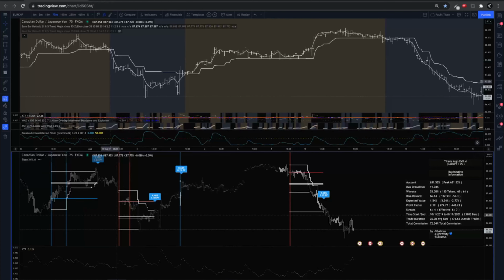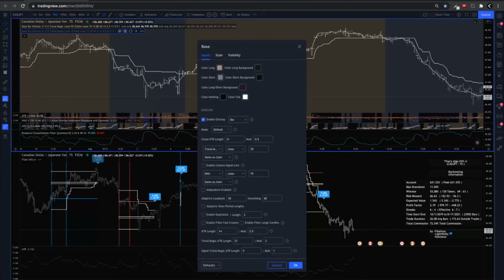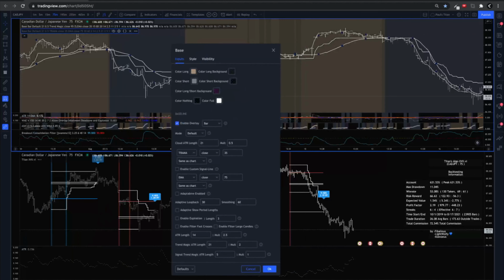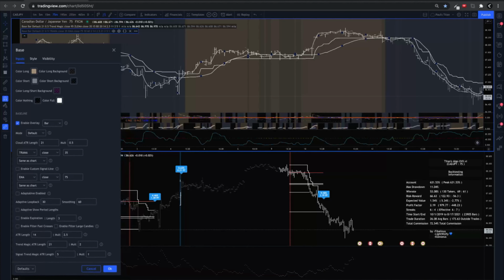And so what I do sometimes is that I will say I want another moving average to be that confirmation for a continuation. So one of the ones that I like to use is TRAMA. And we need to turn it visible. So now my TRAMA line is up, and I may be able to say, okay, so if my TRAMA line